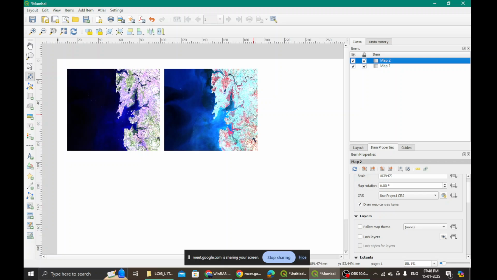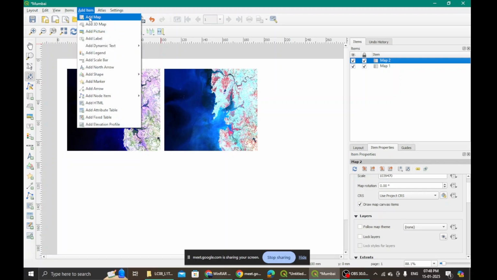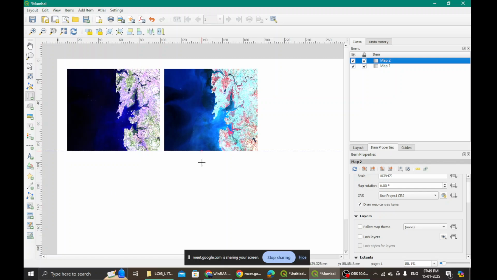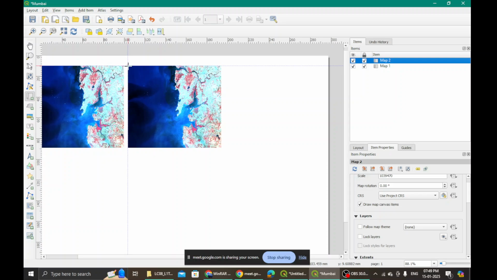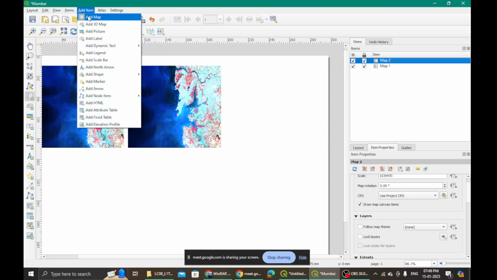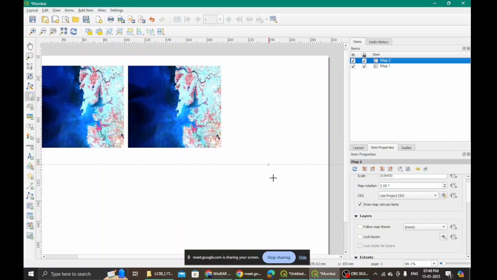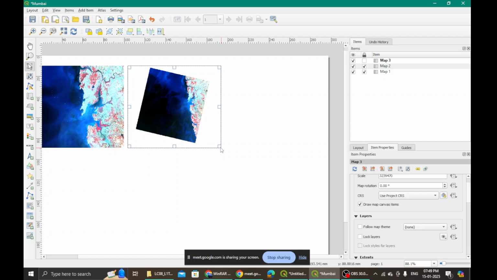Okay, let me add another map. You take your time in typing your question. So I go here, add another map. I want to make multiple ones. If you want to maintain this dimension, see what I am doing. I am taking this add map and then converting this cursor into this plus, and I'm taking the same corner, dragging it such that I get guided that yes, the same size I have made, right?